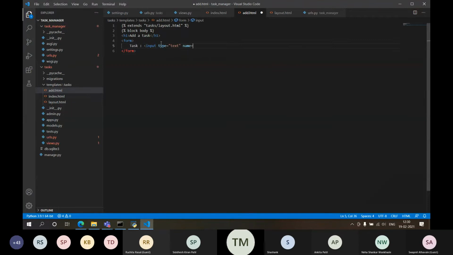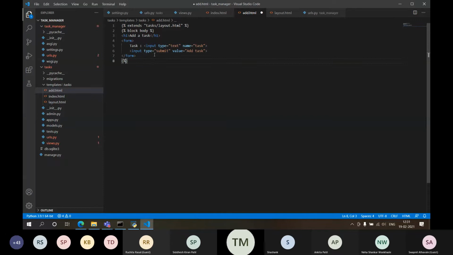Okay, name is equal to task, and then put submit, value equal to add task. Okay, now this form is complete and my block is also complete.